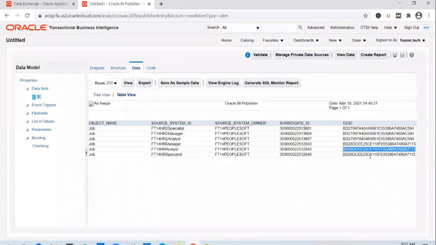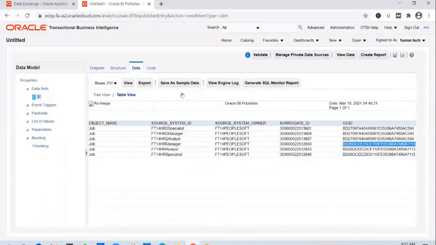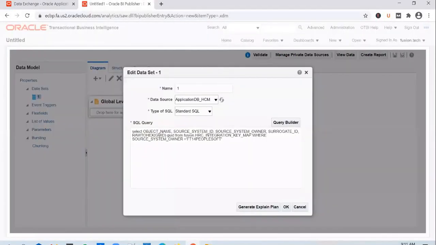Do you see any difference between these 3 GUIDs? I don't see any. Okay, maybe. What you need to be aware of is this GUID should be a unique identifier. Probably we are doing some raw to hex something in there, but instead let's try to print the GUID itself without doing that conversion.